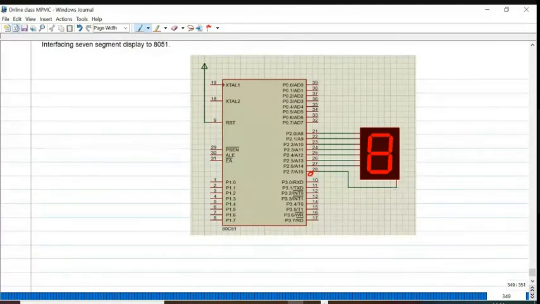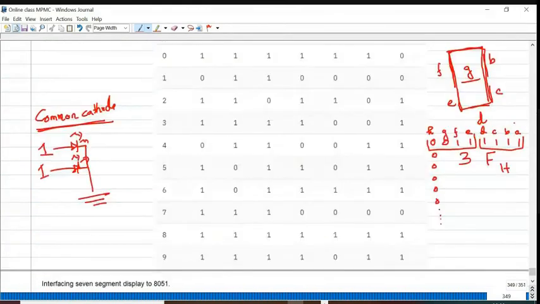So the cathodes of all segments, all LEDs, are kept at 0 potential. And P20 to P26 are connected with the segments. P20 is connected to A, the least significant bit. P21 is connected with B, and so on.